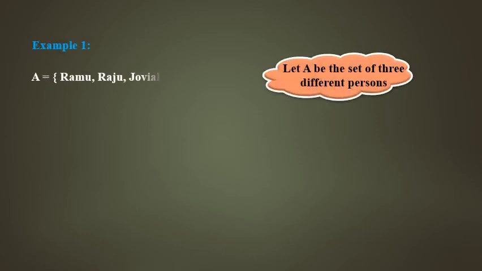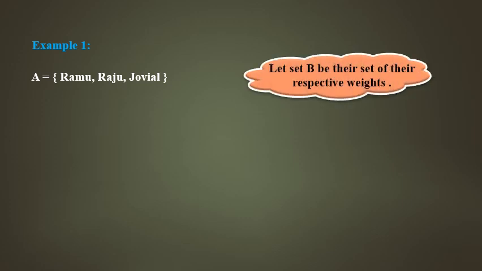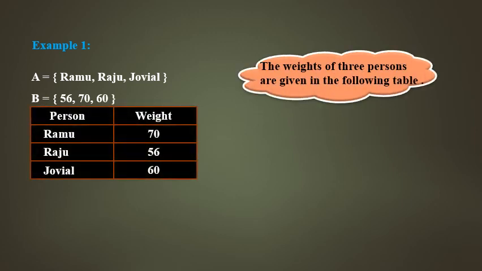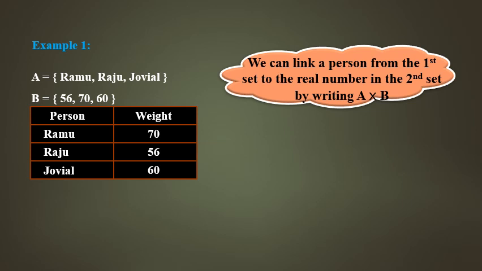Let A be the set of three different persons: Ramu, Raju, Joel. Let set B be the set of their respective weights, so B equals 56, 70, 60. Look at the table, you have the person name and weights. Now we can link a person from the first set to a real number in the second set by relating